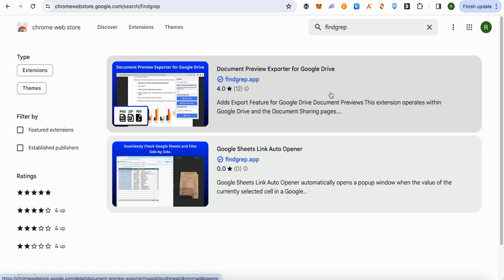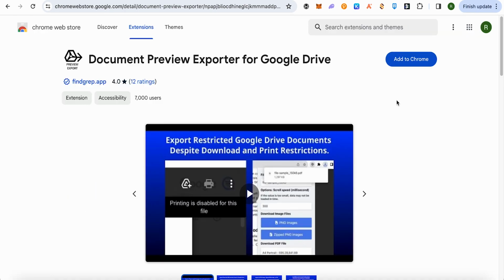Over here you should be able to find this one, the FindGrab.app by FindGrab.app, and it is actually for the Google Drive and not for the auto opener. Just simply open up the first one and it has good ratings also. Just simply add it on your Chrome and it will be added as an extension, and all you have to